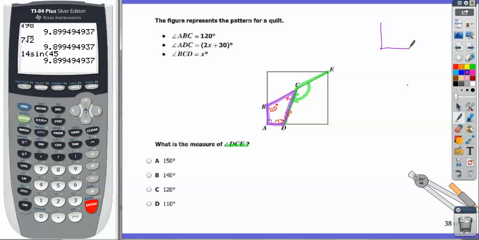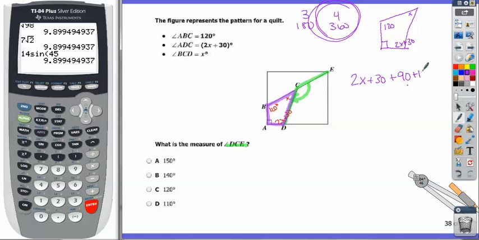It looks like there's a 90-degree angle, and then it goes like this. And of course, my drawing's not the best. 90, 120, x, and 2x plus 30. So it's got 4 sides, and if you remember, when we wrote this down on my paper, 4 sides equals 360. So what equals 360? 2x plus 30 plus 90 plus 120 plus x